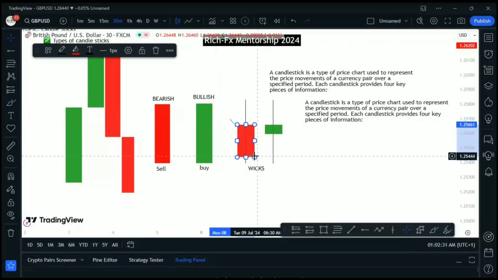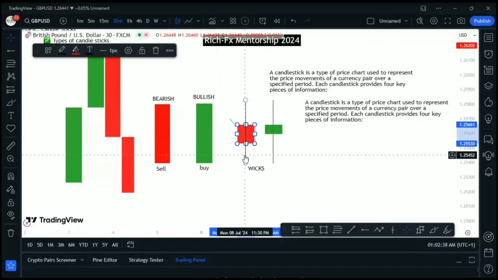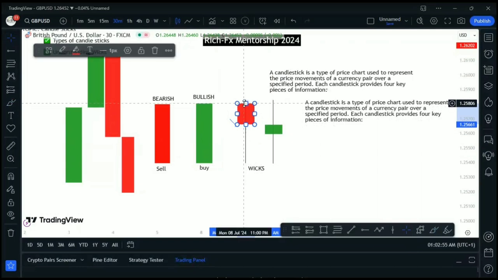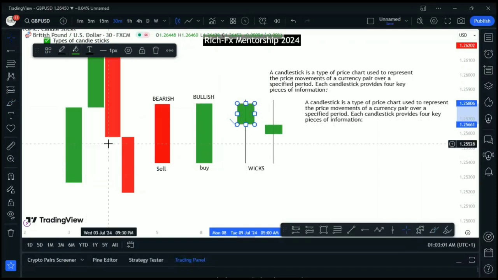Now, if the market eventually retraces, as it retraces, it is leaving a line that, yes, the market has visited that point. And once it comes up and goes up, what do you think will happen? The market is now buying. Remember, it has crossed where the price level is open. So once it crosses and goes up, what does it indicate? It has changed. It's no longer bearish. It is what? Bullish.